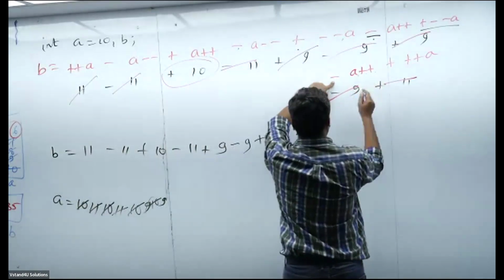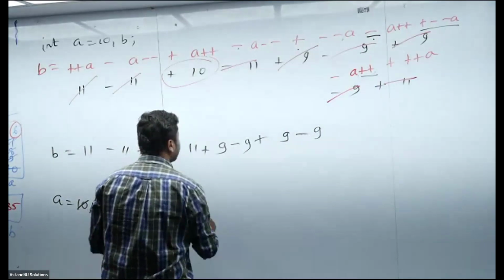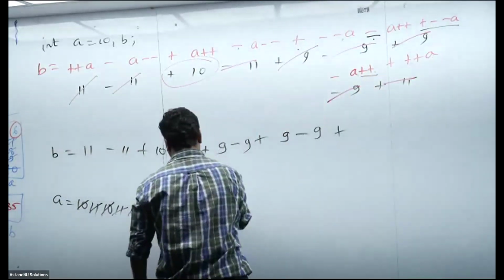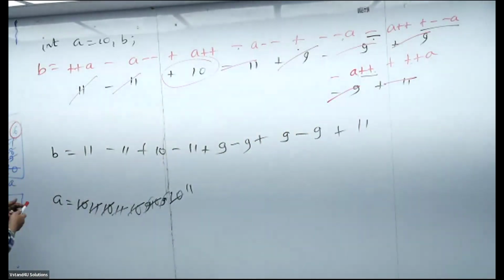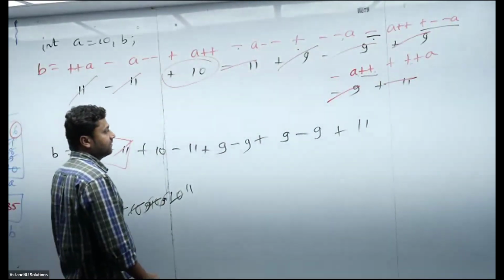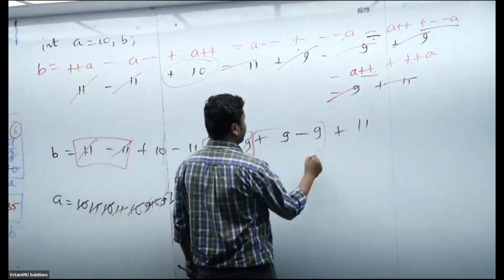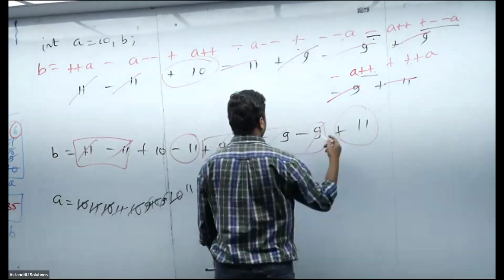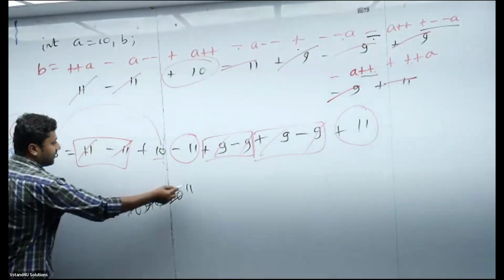Then you say minus. Minus is what? A plus plus. Current value is 9. Take 9. Don't forget to increment to 10. Done. Plus. Plus plus A. First you increment. I incremented. Then you take the incremented value. Done. Sir, positive and negative 9 gone, sir. Negative 11, positive 11 gone, left over. 10 will be assigned to A, 11 will be assigned to B.